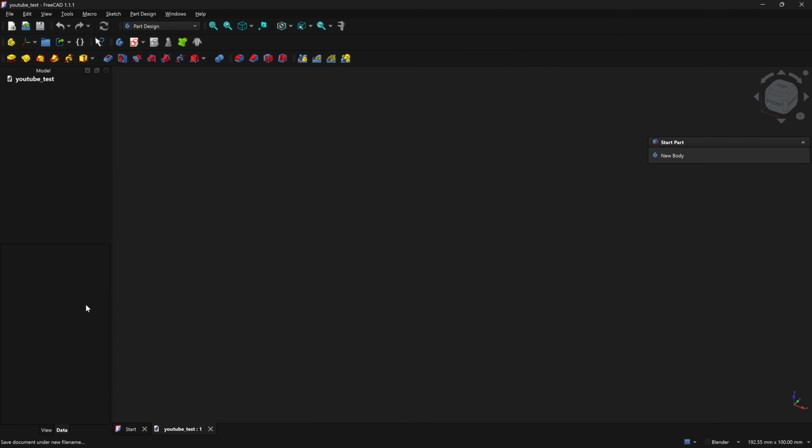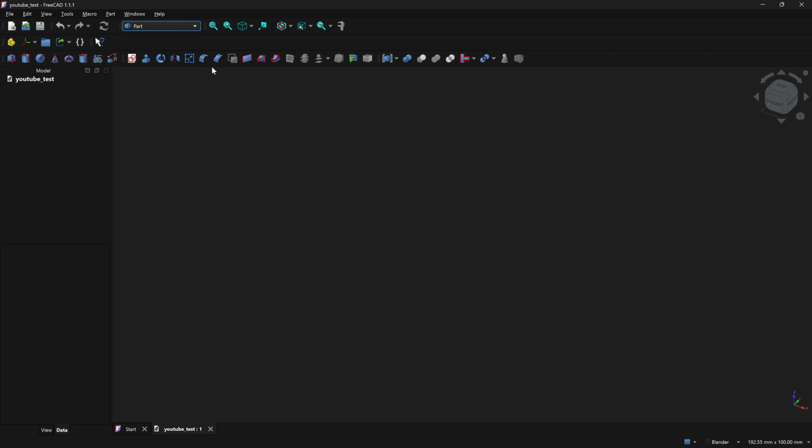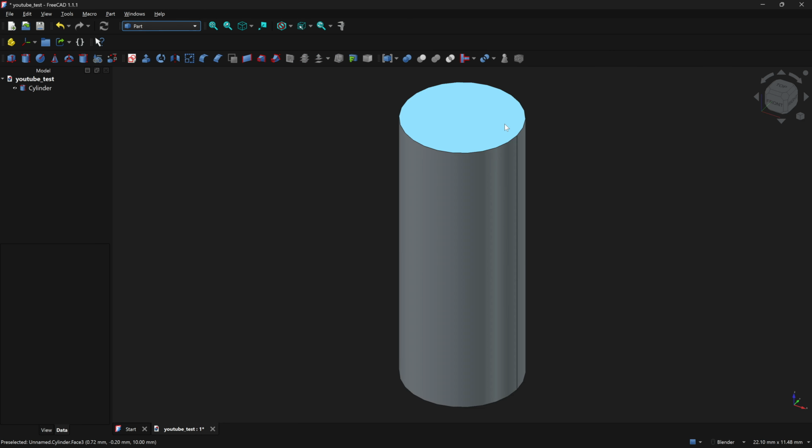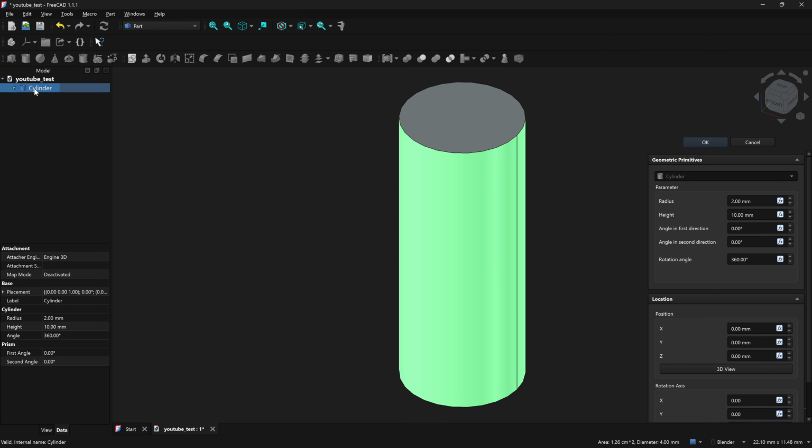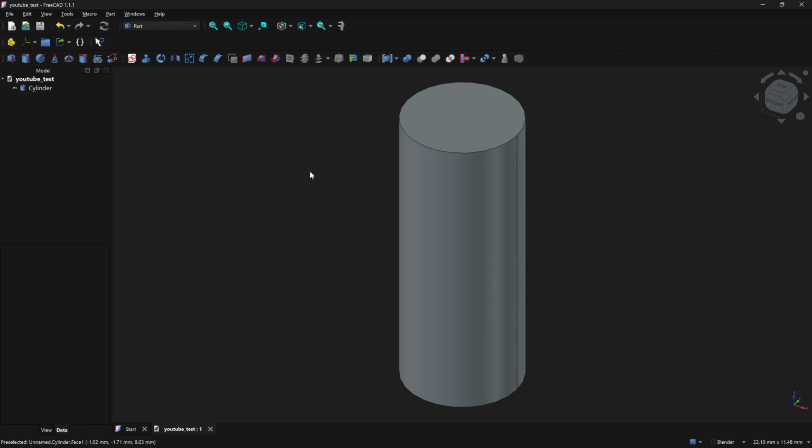YouTube test. We want to go into Part. Let's make a pipe. Why not? Okay. How tall is it? 10 millimeters. Great. Save it. We want to go into CfdOF here